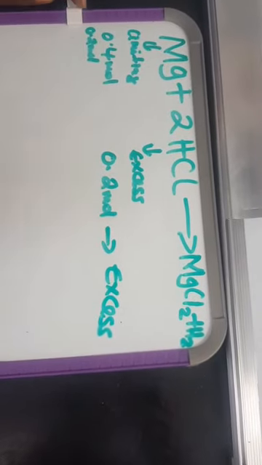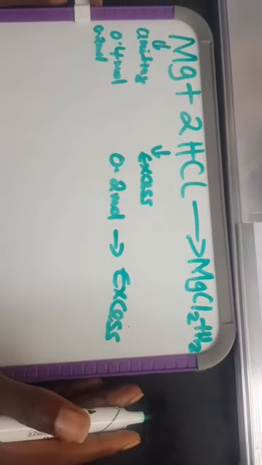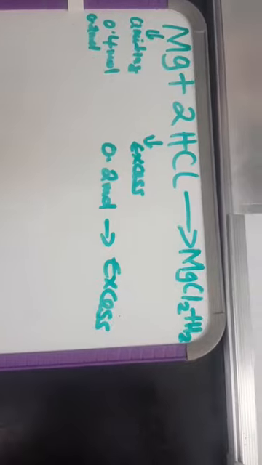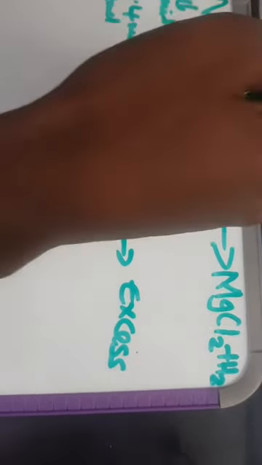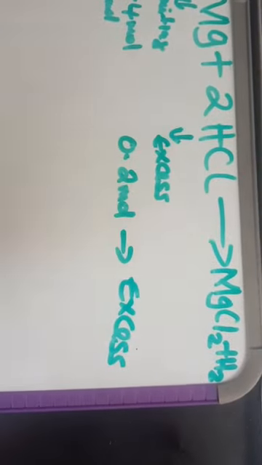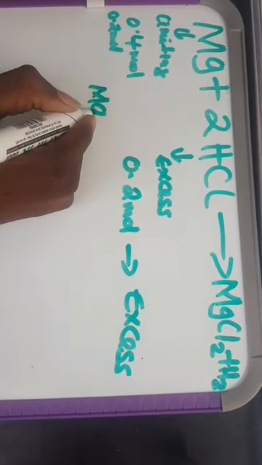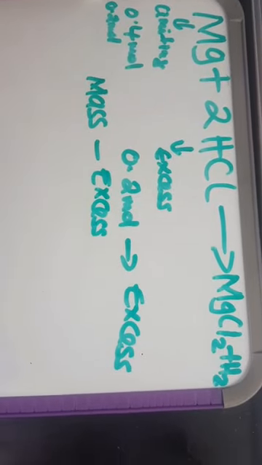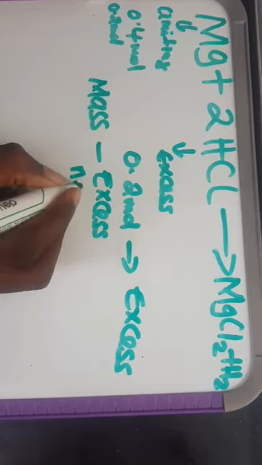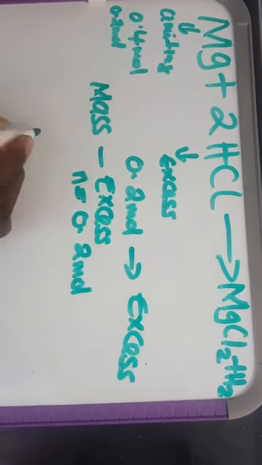So the question now is to find the mass of the substance in excess. So you need to find the mass in excess for the substance which is in excess. What you know is that the number of moles in excess are 0.2 moles. And you also know that